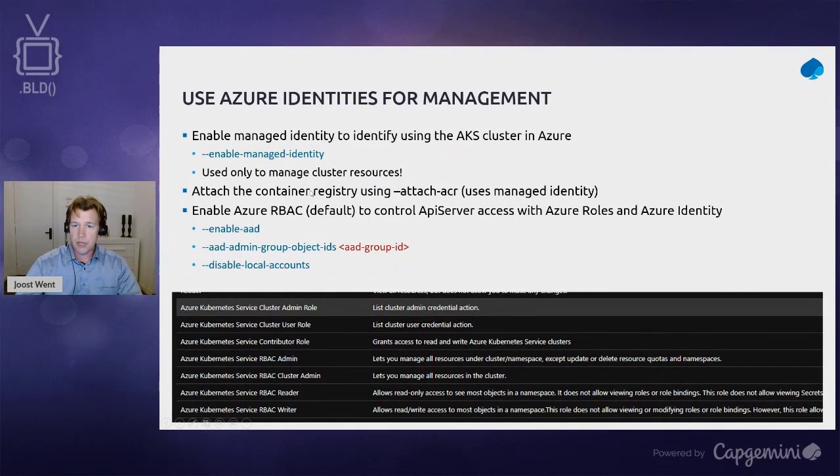The same trick is there for hooking up your AKS environment to a container registry. It will use a slightly different identity, but it's still managed. And it will just grant the ACR pull role to the managed identity. You can also link the roles inside your cluster to the Azure roles that you have. So if you enable AAD and enable Azure RBAC, then you can link the admin group object IDs to your AAD group IDs. You can even disable local accounts, and this means that you have entirely promoted your management user infrastructure to Azure,